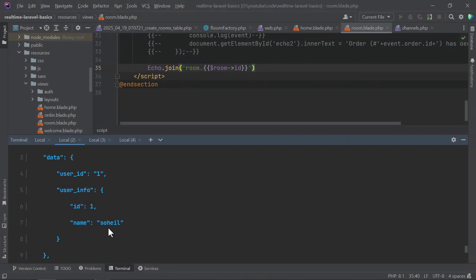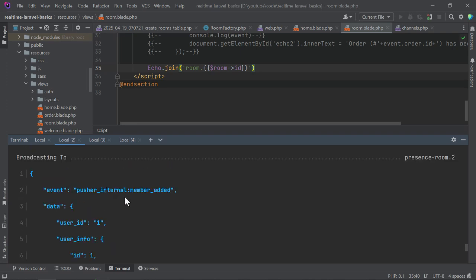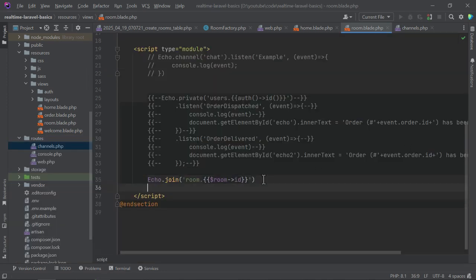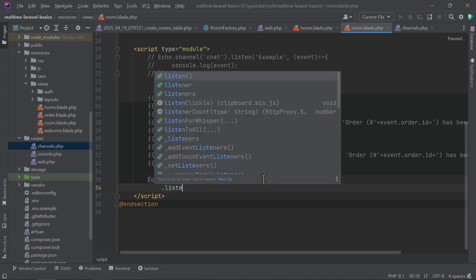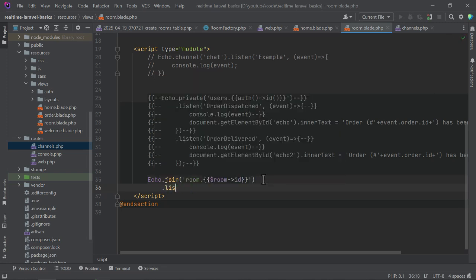In the last episode, we saw that we get these kind of events come through. Pusher internal member added with a bunch of data. Now, we don't have to listen to this event specifically with Echo to work out who's currently in the room. All of this is hidden behind Echo's API. So what we can do rather than listen to an event in here, we can just say here and that will give us all of the users or all of the models or whatever you're returning who are currently in